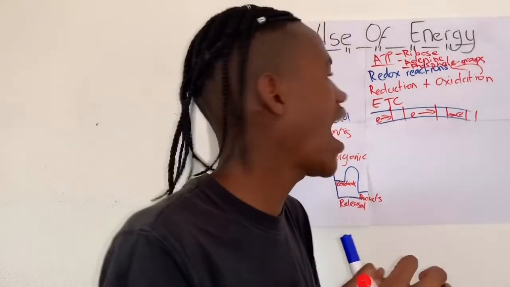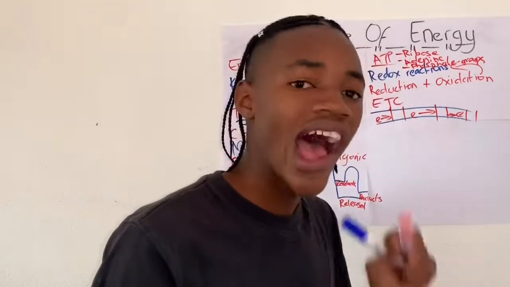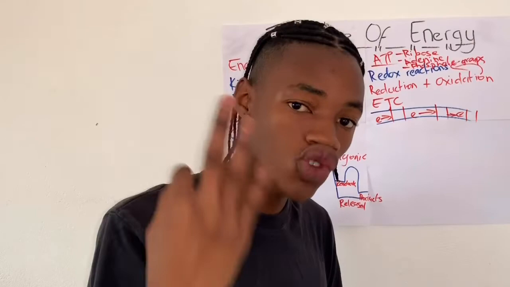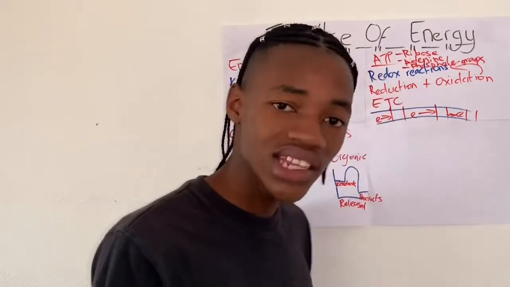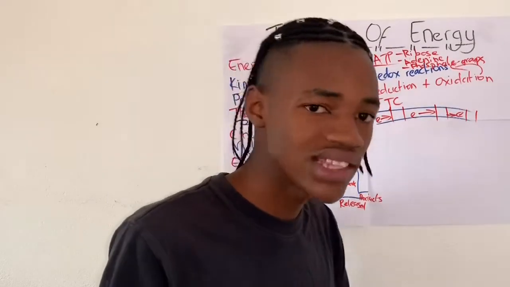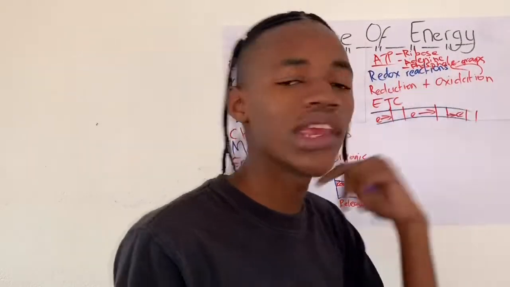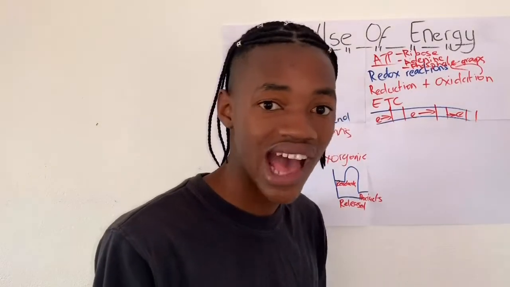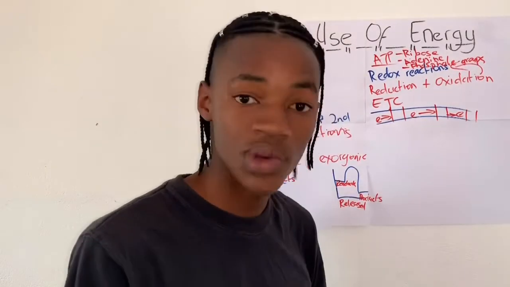ATP stands for adenosine triphosphate. So adenosine comes from the adenine that it gets, and the triphosphate comes from the fact that it has 3 phosphate groups. And the ribose tells us that it is a type of RNA,